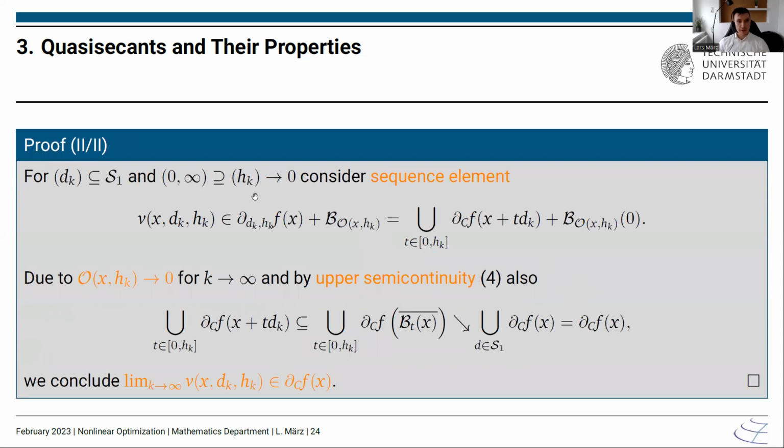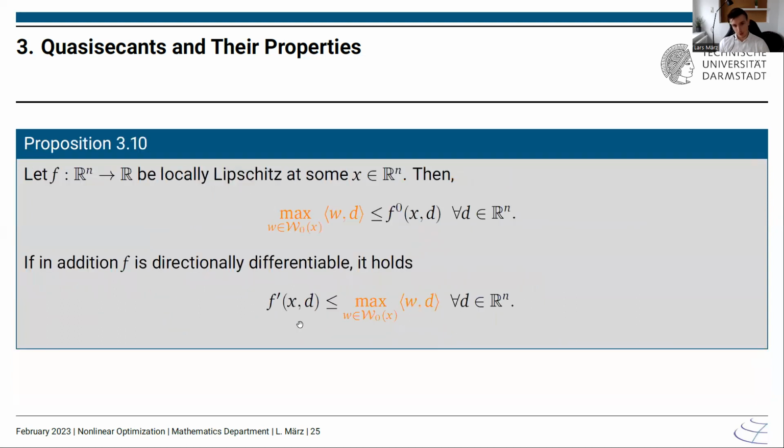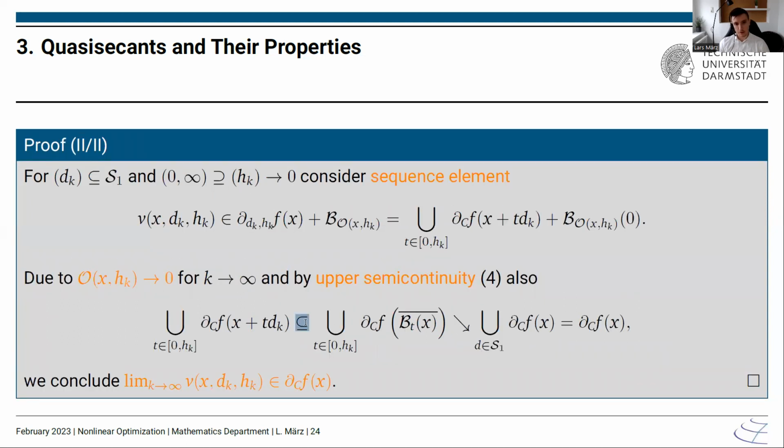So for the proof, take a sequence of directions and a vanishing sequence of lengths, and consider these sequence elements, which we rewrite in the following way, just by using the definition of this set. Then we know that the residual term vanishes, and we have upper semi-continuity. So this inclusion is just derived from the definition, because here we have x plus